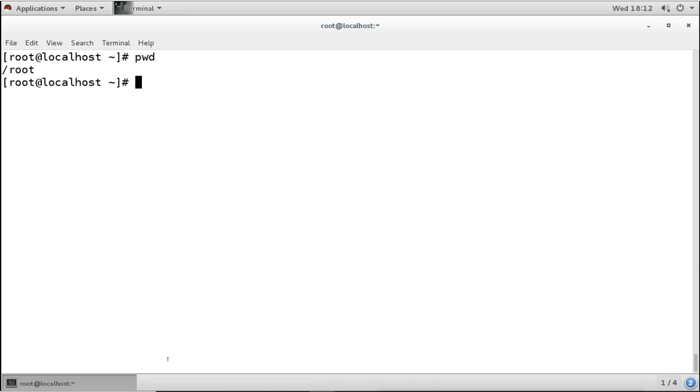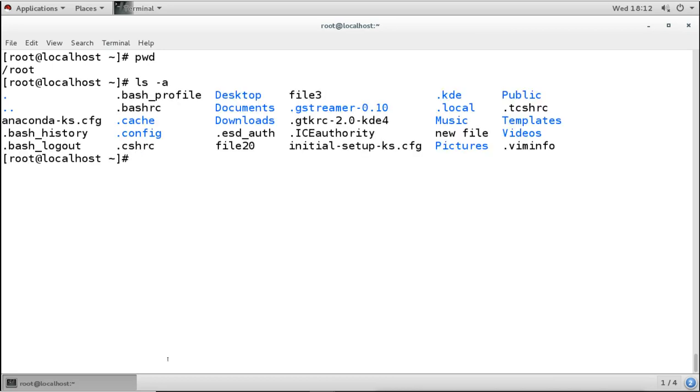Here, if you see the hidden files with ls -a, you can see the file which stores the history, a hidden file called .bash_history. This file stores the history of the root user, so it has all the history of this root user.